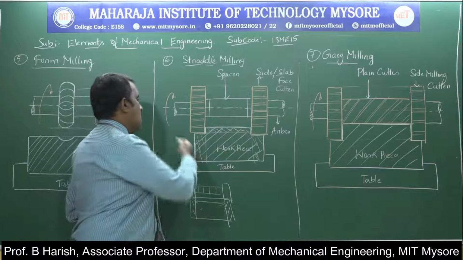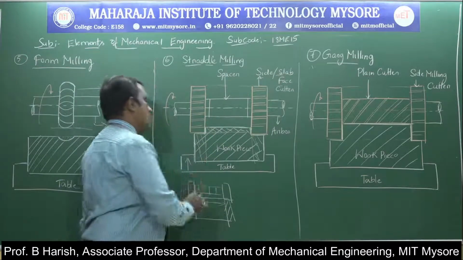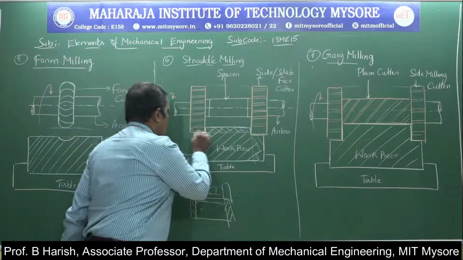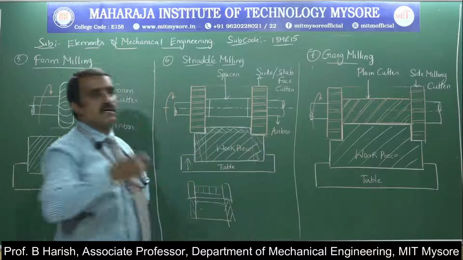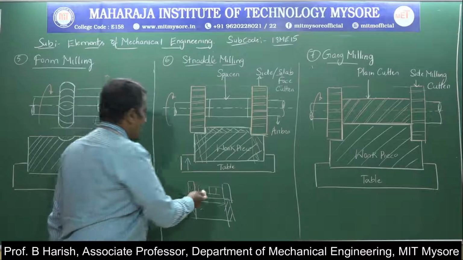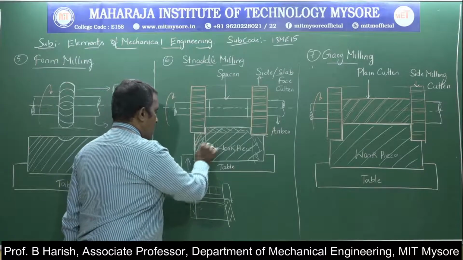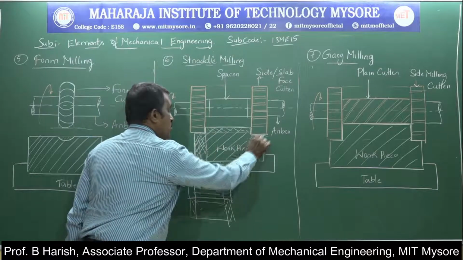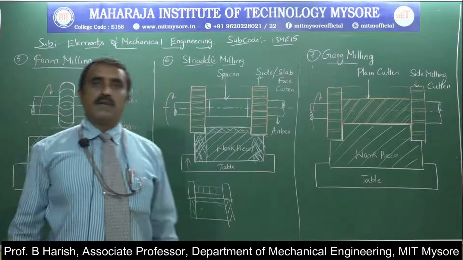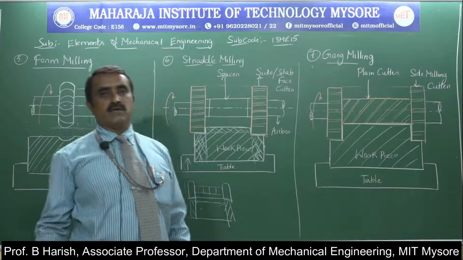Once the tool is fixed and the workpiece is fixed, the table is moved, and the surface of the workpiece is brought in contact with the edges of the tool. As it comes in contact with the edge of the tool, material is removed. Once again the table is moved. As you go on moving, the entire amount of material is removed on both the ends simultaneously. This is very important: on both ends simultaneously, so that the operation can be performed faster compared with